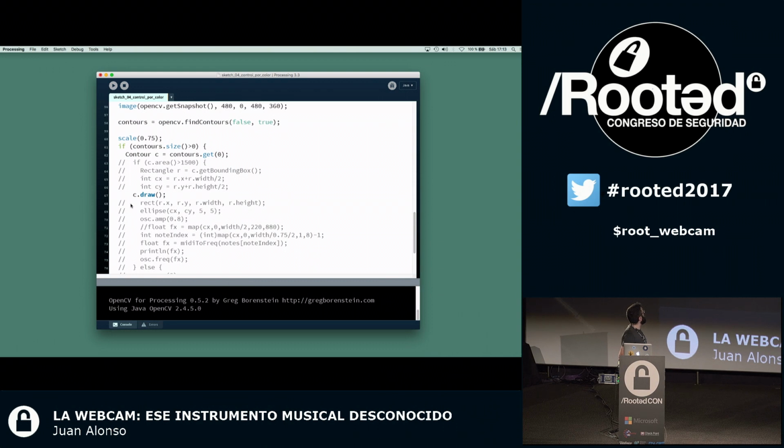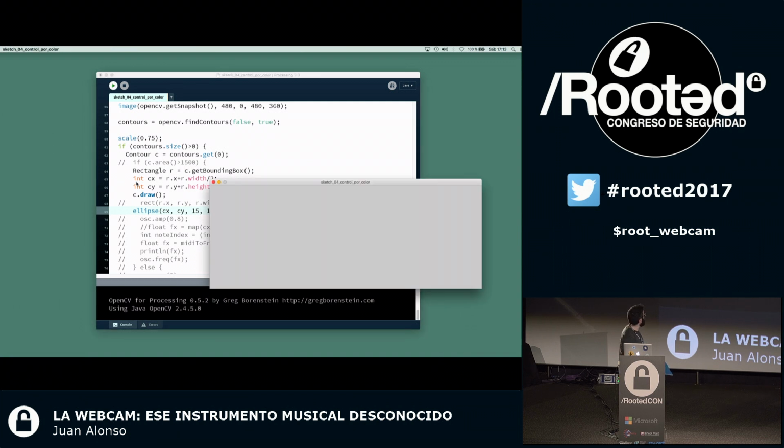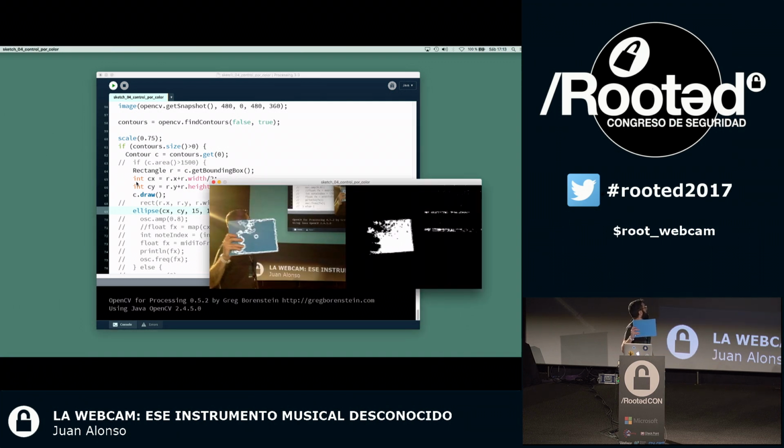And now we're going to find the center of that polygon, because with this function I can do different things. First, I'm going to get it to choose the rectangle including that polygon, and I want to include the center and paint an ellipse that will have a circle in that center. And now that circle is the one that I'm going to use